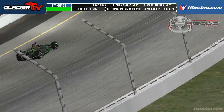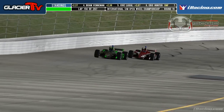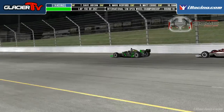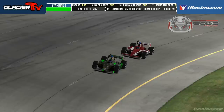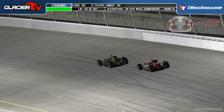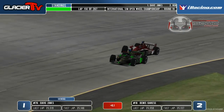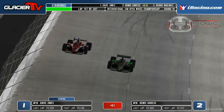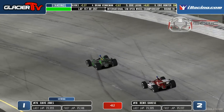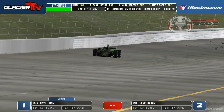Yeah, either he brushed the wall or we saw him early on where he was really, really loose. He may just not be confident and may be holding back just a teeny tiny bit to keep from making those mistakes, like hitting the wall or spinning out in front of the entire field, aka the other 4 cars. But yeah, the problem is when a loose car gets in your head and you don't drive it to 100%, this car is designed to be driven at 100%. So when you start trying to compensate, when you start,